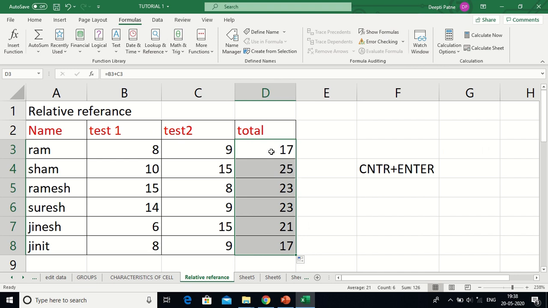But what if the list is very large? If it is a tall list, then it is very difficult to drag and drop down. So instead of that, a shortcut I will teach you now. First I will select this. After selecting this, I will select the